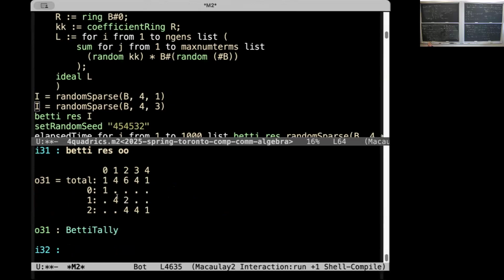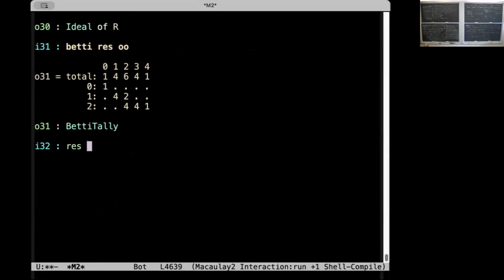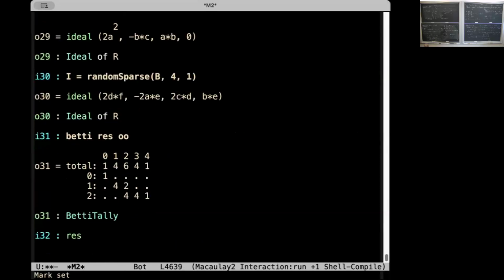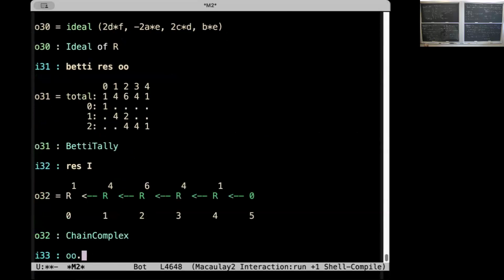Are these 4 from the Koszul? Probably, but that would have to be checked. Hard to tell from this. And then there are 4 linear syzygies on those guys, and then 1 linear syzygy on that. In fact, if we do res of I, and I do oo.dd,